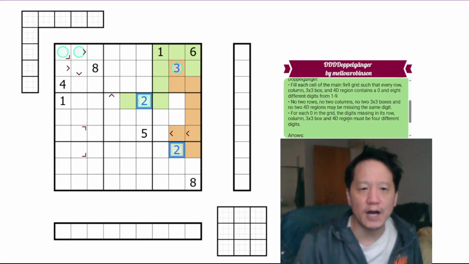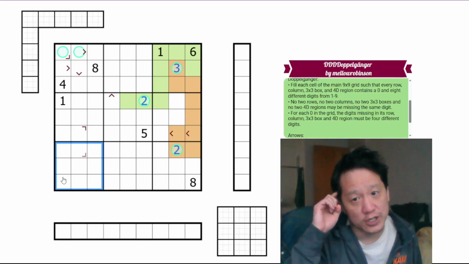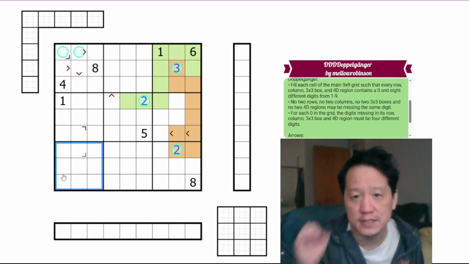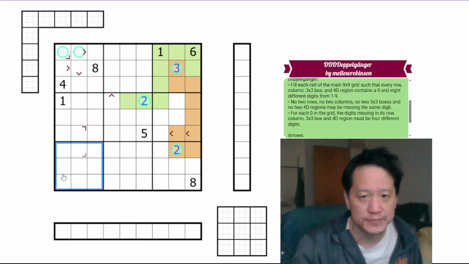We have doppelgangers, where it's doppelganger Sudoku, where we need to fill each cell of the main 9x9 grid such that every row, column, 3x3 box and 4D region contains a 0 and 8 different digits from 1 through 9. So that means